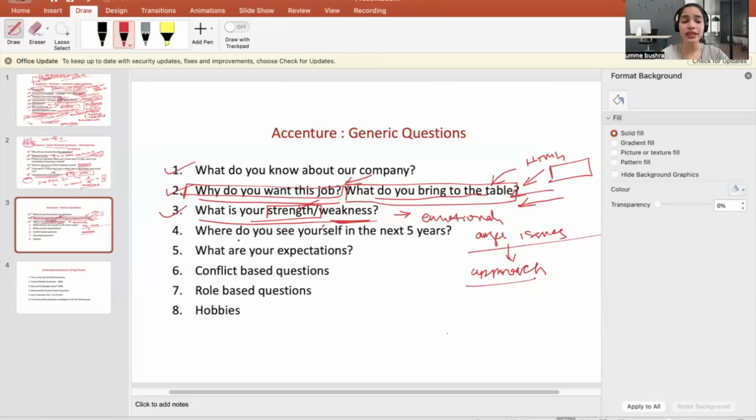The next question is, where do you see yourself in the next 5 years? I think I made one common mistake during my interviews. If you're honest about what your personal goals are for the next 5 years, it is going to be a problem. Say I say that I want to do my master's in the next 3 years and then move abroad. Then the interviewer is going to think that you're somebody volatile. You can't be relied on because you're going to leave the company anyway.